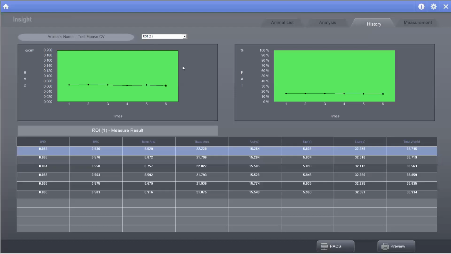So this one is one that they did for some of the coefficient of variation testing. And you can see that there's 6 different measurements, and we can see how those measurements compare over time. Here we're looking at the bone mineral density, and here we're looking at the fat percentage. You can see the individual measurements again over time. If there were multiple regions of interest, you could cycle through those as well. So you could see how those animals were changing within the software, but then of course exporting that data out within Excel to be able to plot and do your statistical analysis and accumulate the data, as you'll see